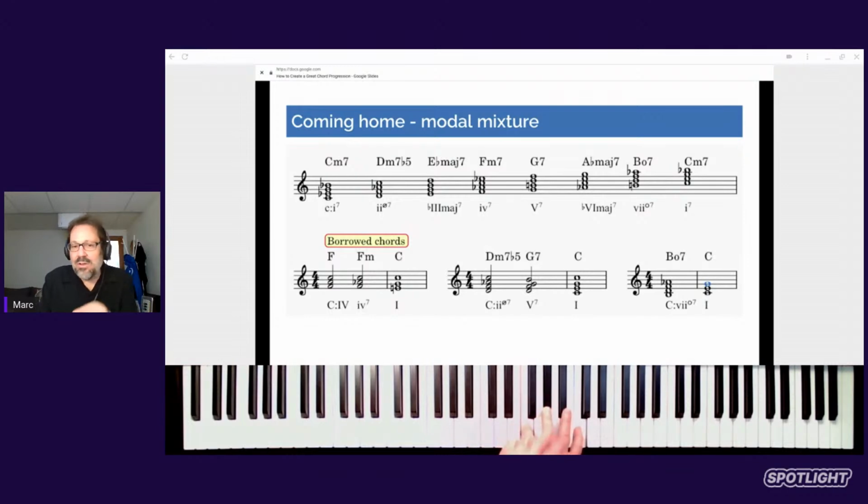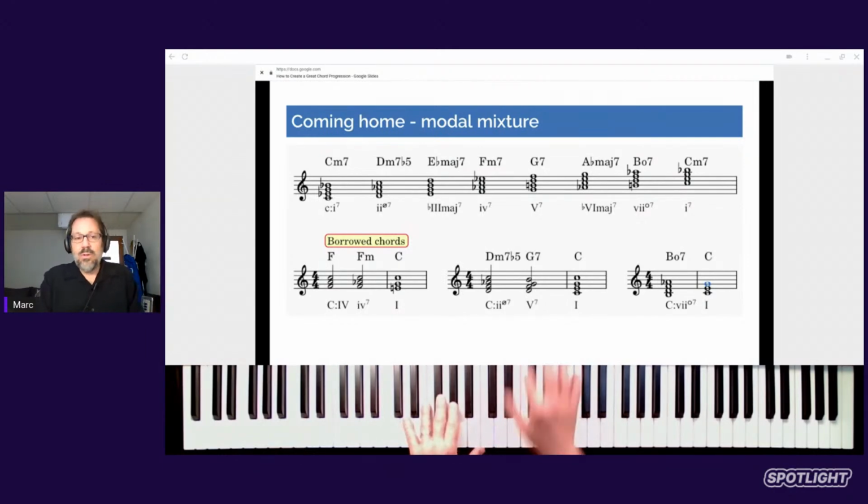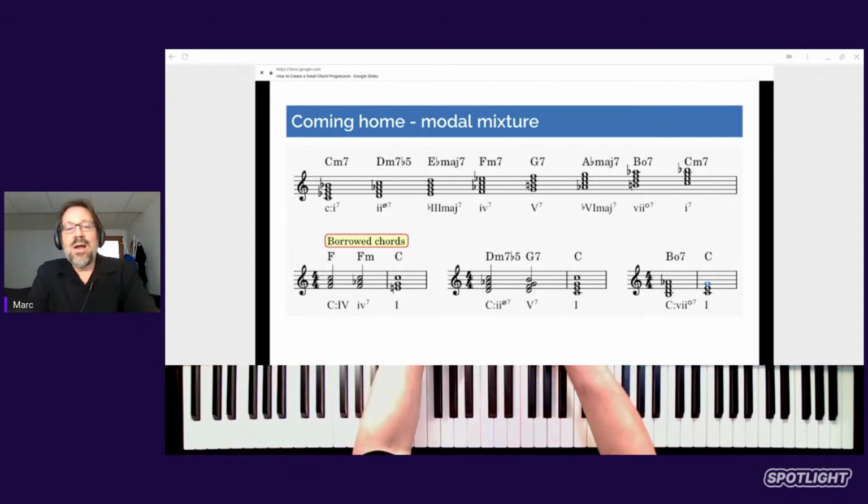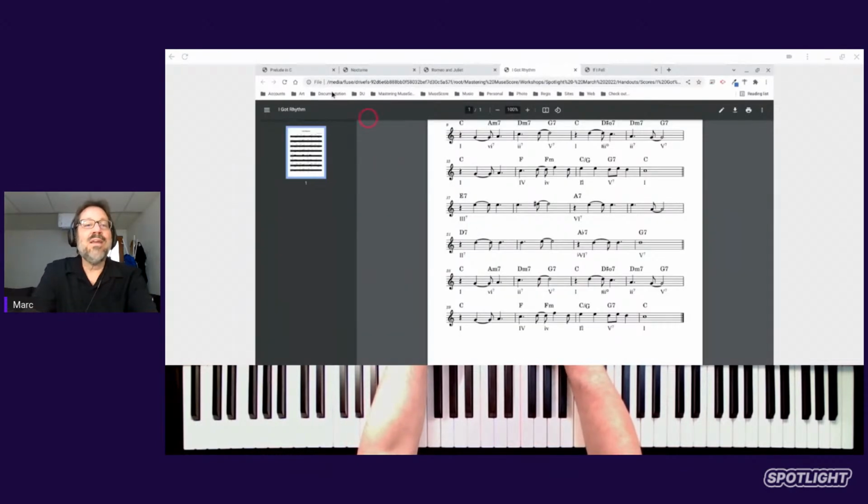That F minor chord doesn't belong in C major, but it's perfectly at home in C minor. And also the 2 chord in a minor key is a half diminished chord. Well, we can use that in a major key also. Half diminished 2 to 5 to 1. And the 7 chord in a minor key is a fully diminished chord. And we can use that in a major key also. And so again, if I flip and show you my examples,